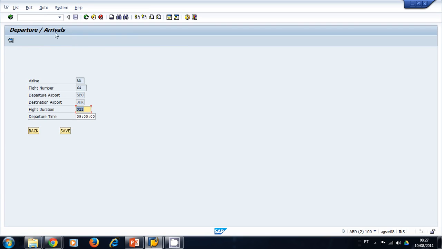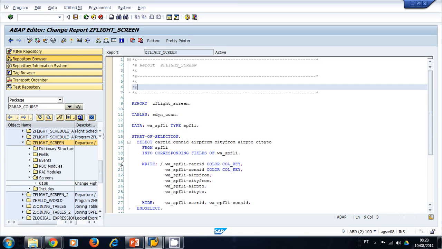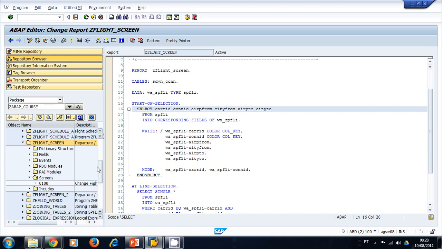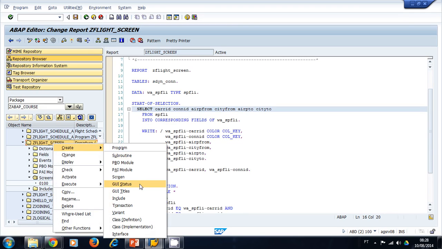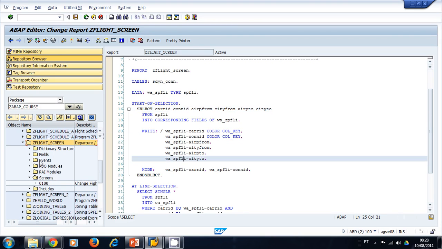I'm going to run my program, and now I can see my departure arrivals as the title for my program. But remember that this is inherited to all of the screens, so it also shows departure arrivals in my screen 100. So I need to create a GUI title for my screen 100 and then set my title at runtime. So how do I do that? I go back to my program, and then under my program I right click. I can do it two ways. I can right click, create, and then I can click on GUI title, or I can create it by forward